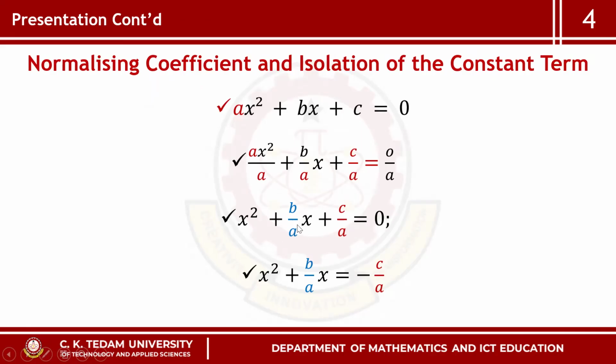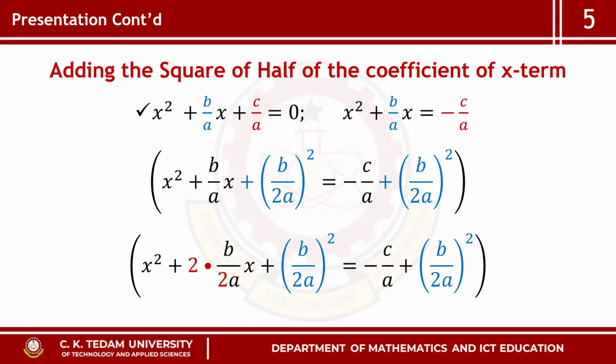Now the b over a is called the coefficient of x, and the c over a is a constant term. Now the constant term, we are moving to the right hand side of the equation, the RHS of the equation, is c over a. When we move it to the other side of the equation, it becomes negative c over a. After we have moved it,